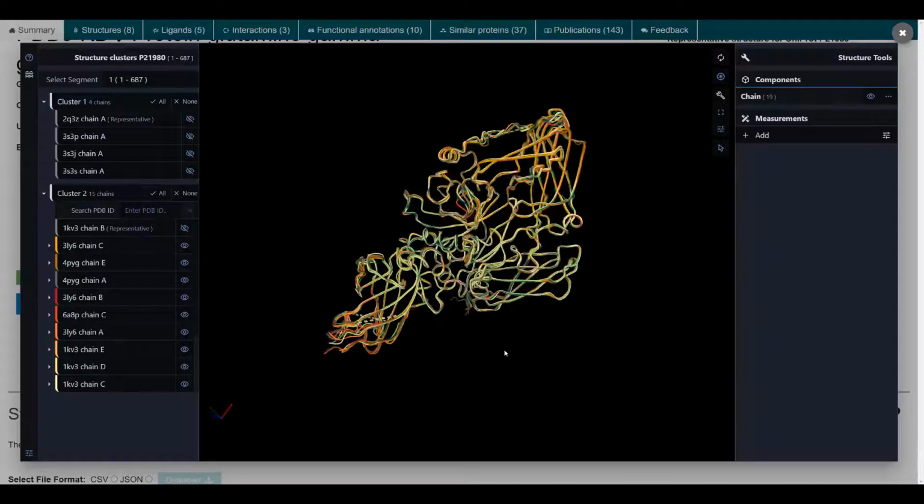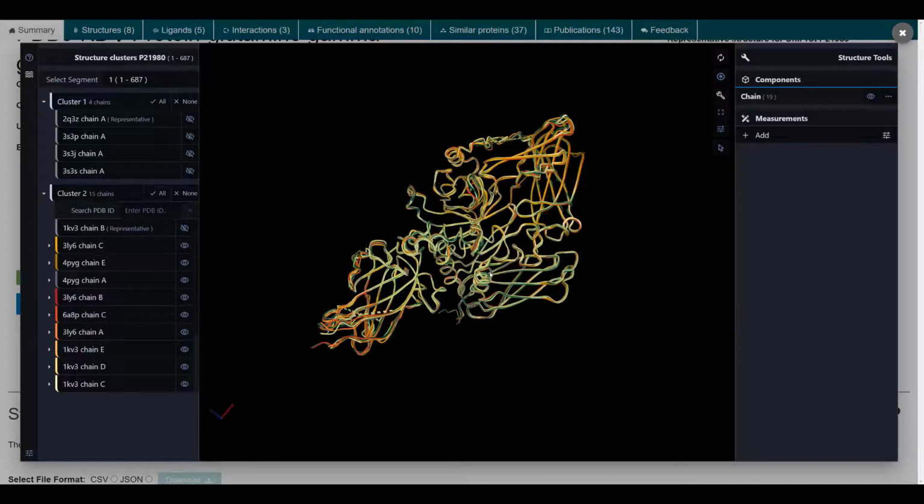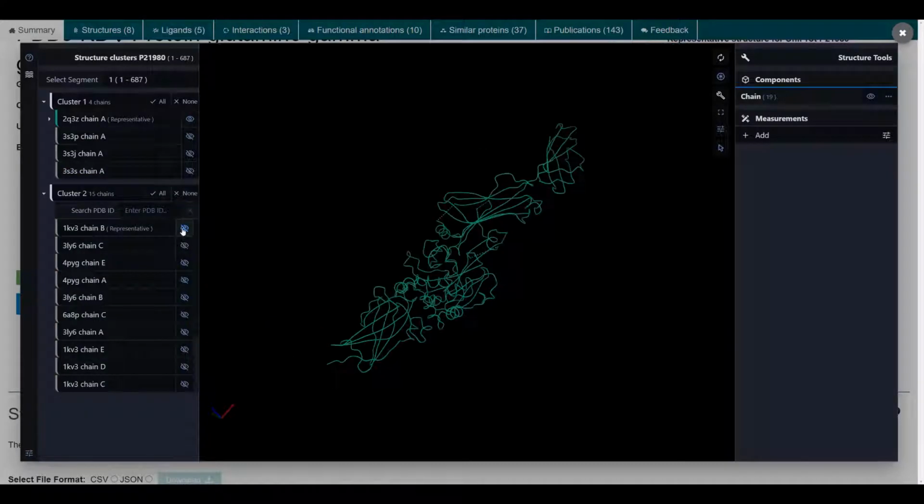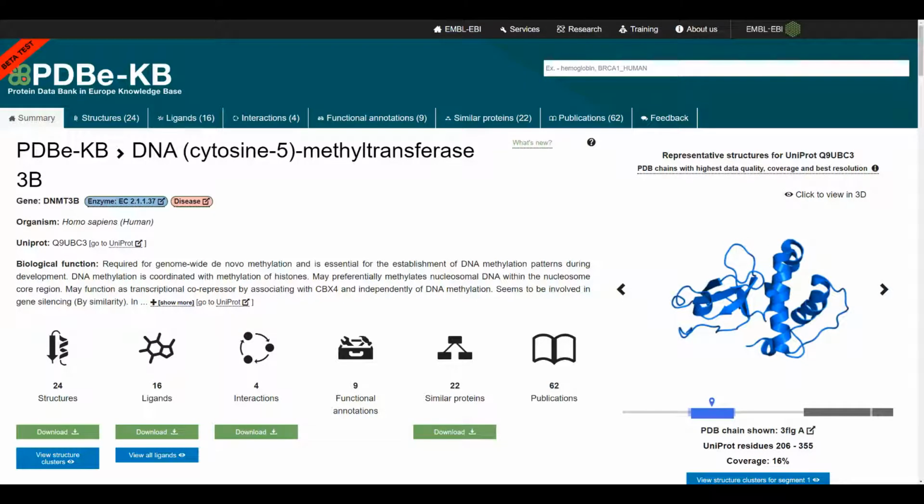So this allows you to explore the different conformations that are found for a particular segment and explore the differences and variations between these. So in cases where there are multiple segments, such as this example here, it's DNA methyltransferase, which has 2 segments as shown on the right, you can view all the structural clusters from this button underneath the